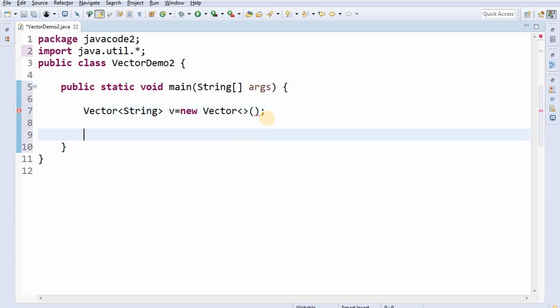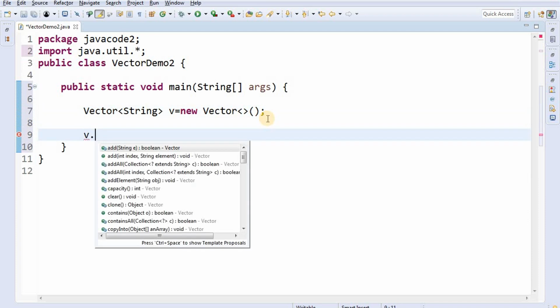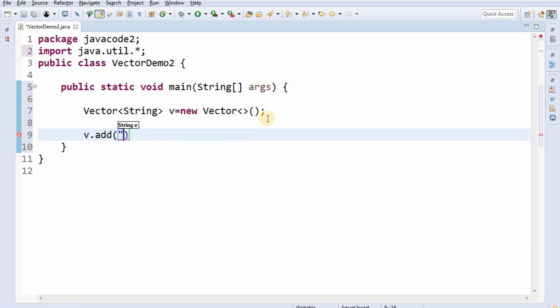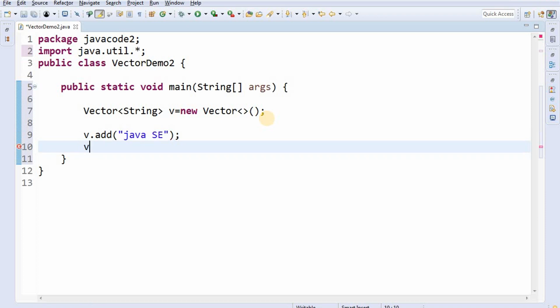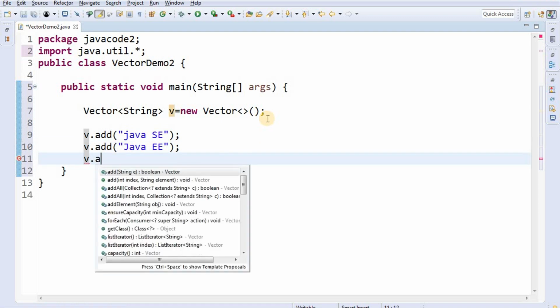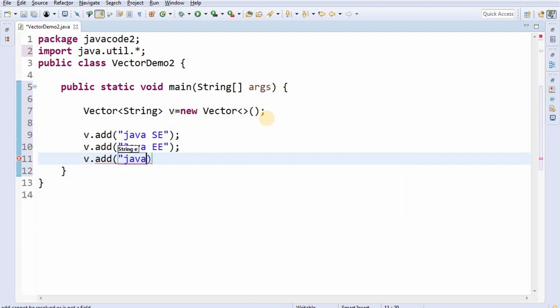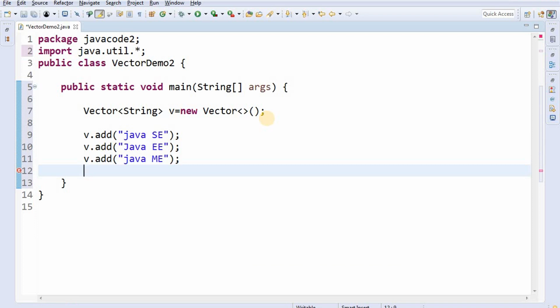Let's add the elements by using v.add of the string value Java SE. That is the first element I have taken. Next v.add of Java EE. Third element v.add of Java ME.